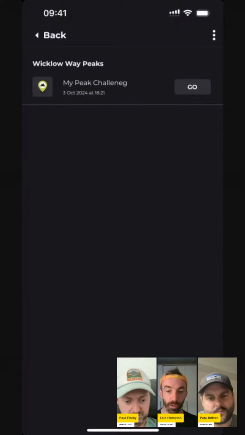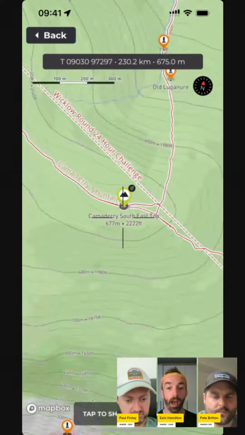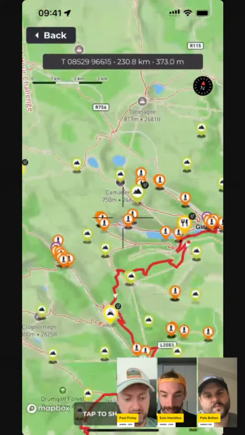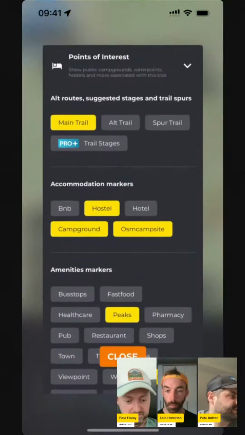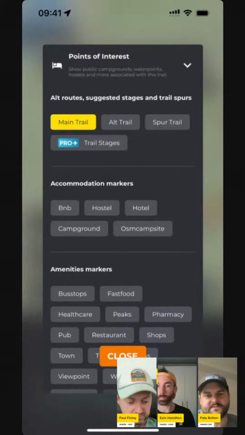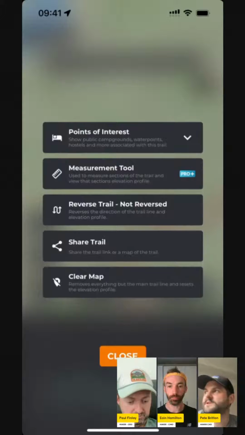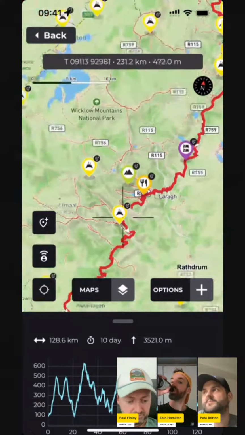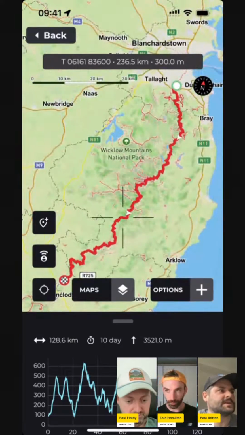It's akin to, or very similar to, dropping a pin on Google Maps, but with a hell of a lot more detail and more use cases. It's definitely the type of thing that increases in value the more you use it. I think people who come across it first are like, oh, interesting, I'll put a point there. But then people start to figure out, and I've seen so many different use cases in terms of